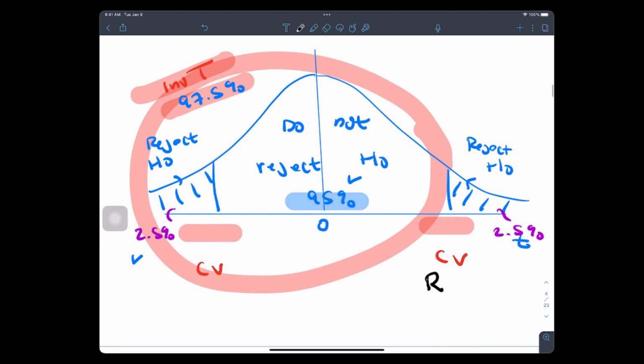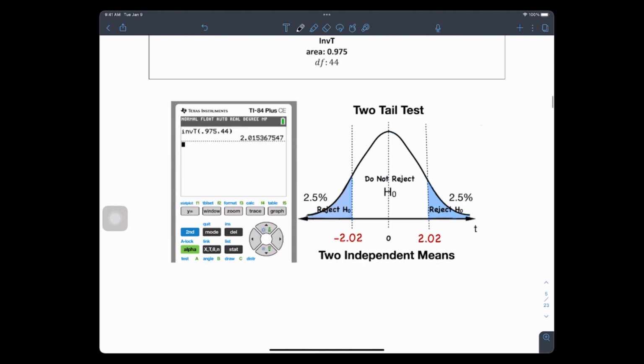I know. If I was the programmer, I wouldn't have done that. I would have been consistent with inverse norm and inverse t. But they're programmers. They're not mathematicians. You guys know what I mean? Note to programmer: why don't you just be consistent? Make it like the inverse norm. It's not like it's a problem. It's a program doing it. But these are the older TIs. So I don't know what the deal was. The newer TIs, I don't think have that. But I'll double check. I did put it in the notes though.